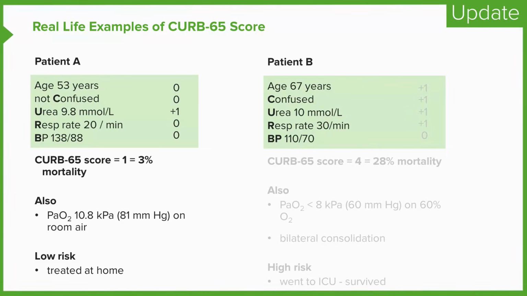Patient B, on the other hand, is 67 years of age, so he gets a point for that. And he's confused, so he gets a point for that, because normally patients are not confused. He has a urea of 10, so he gets a point for that. He is breathless, and his respiratory rate is 30, so he gets a point for that. He does not have hypotension, so he does not get a point for that. His total points give him a CURB-65 score of 4, and that suggests a mortality of about 28% for